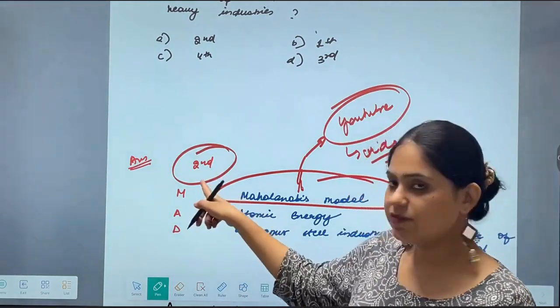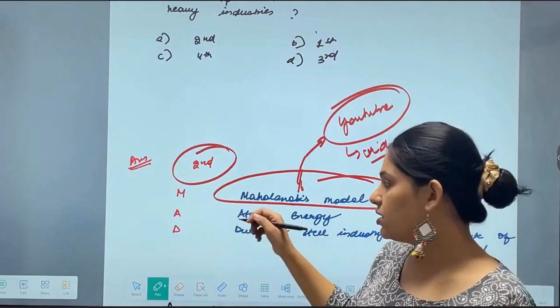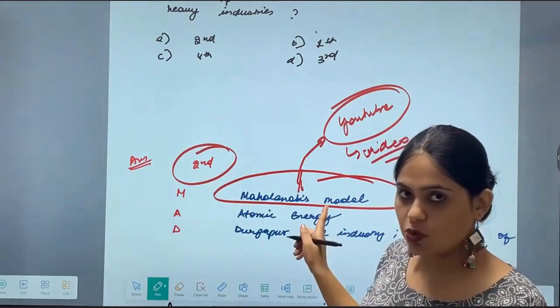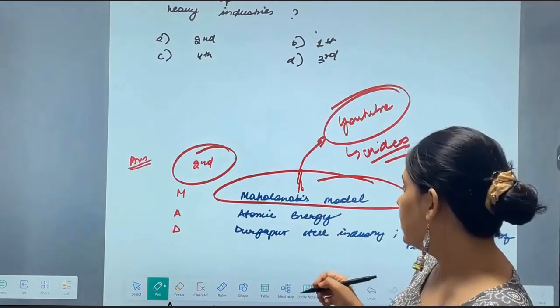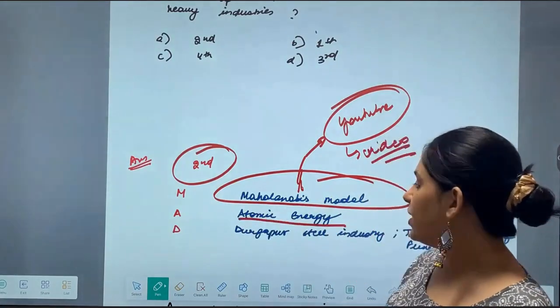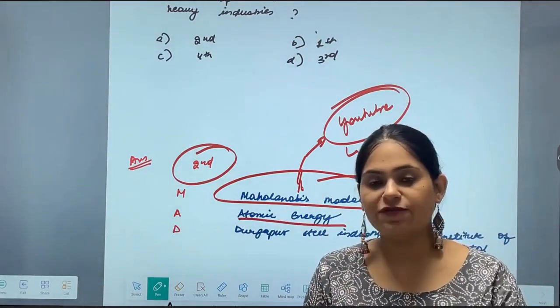So the second 5-year plan, the first thing which is important is that it is based on the Mahalanobis model, a very important point. Second, it was based on atomic energy. It focused on,